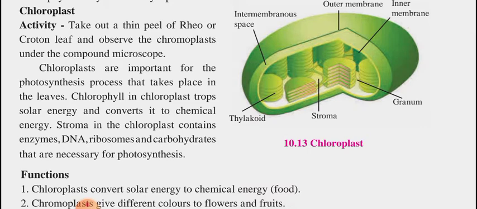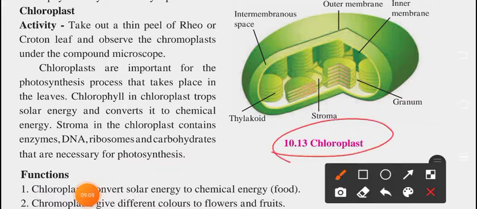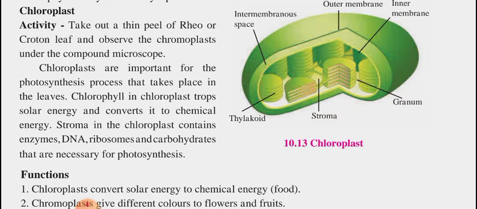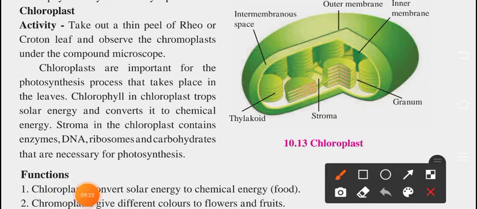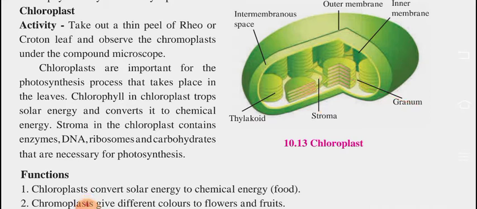Here is a little activity, and you can observe on the right hand side a figure which is a part of a chloroplast. Overall you can observe a greenish color, and if you go into detail, you can observe the gap, that is stroma, and these layers, that is granum, thylakoid, intermembranous space, outer membrane, inner membrane. All these are the names of parts of the chloroplast. Little activities over here. We will go ahead with the activity.